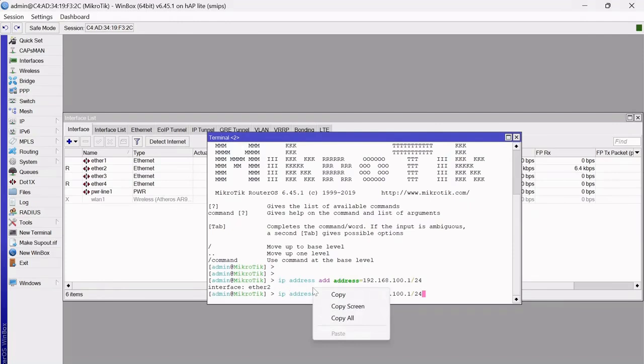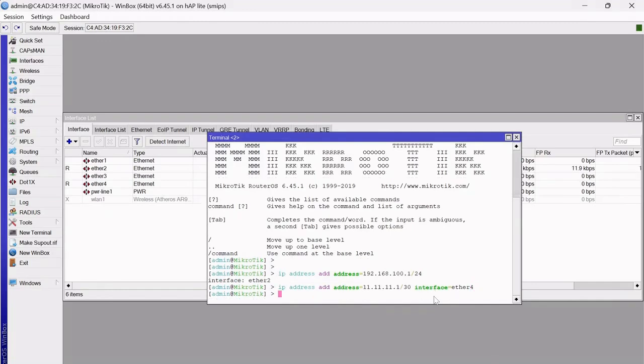And the other one is the IP address for the interface that connects to the Cisco router. You can type the same command, but don't forget to use a different address. The address is 11.1 using /30 as the prefix, and the interface is Ether4. Ether4 is connected to the Cisco router this time. Okay, after configuring it,